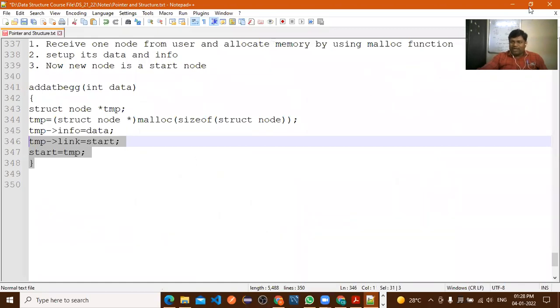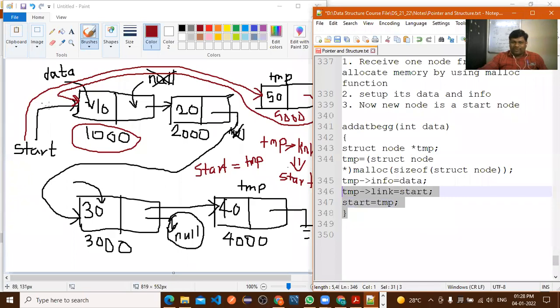Is it difficult to add the element at the first location or at the last location? Which is difficult? At the last location. To add at the first location, we can add directly. If we want to add at the last, what do we need to do? You need to traverse through all the elements from the first element up to the end of the linked list, right? So you need to traverse from first to the last.